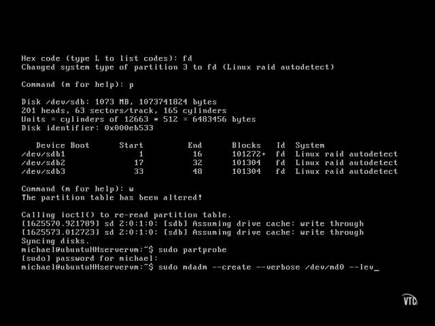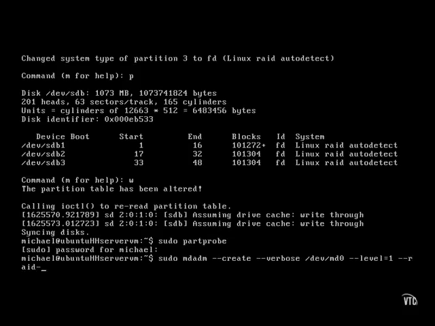This is a RAID 1 array, so level equals 1. We're setting up 2 partitions as RAID devices, so raid-devices equals 2. We name those partitions /dev/sdb1 and /dev/sdb2 with one spare device,